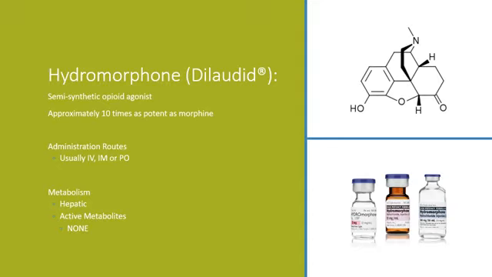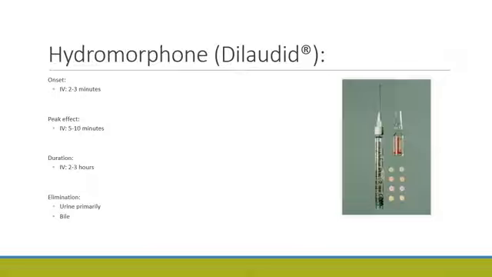As far as how this drug is administered, most commonly it's administered IV. It can be administered IM or certainly PO as well. From a pharmacologic standpoint, it's metabolized in the liver, and what's really nice about this drug is it doesn't have any active metabolites, so we don't have to worry about that. It's a very clean drug. The onset of Dilaudid or hydromorphone is very quick. You can see the IV onset is about 2 to 3 minutes, and we see the peak effect in about 5 to 10 minutes. So if you compare to morphine, remember morphine took about, even IV, it took